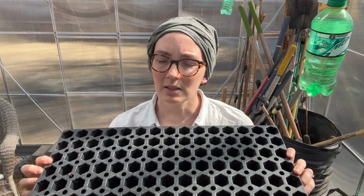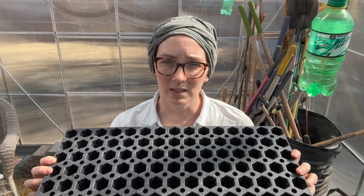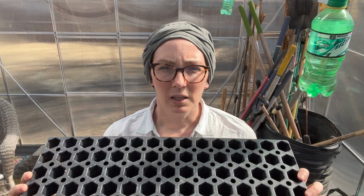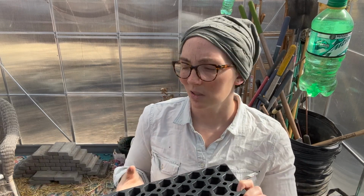The seeds, the plants then can be potted into something bigger, so that way it has more room and more soil for nutrition and things like that. So also starting leafy greens this time of year is really good. So any of your lettuces is really good. Kale, Swiss chard. Swiss chard takes a little while to get going, but in a lot of places it can be a biennial,